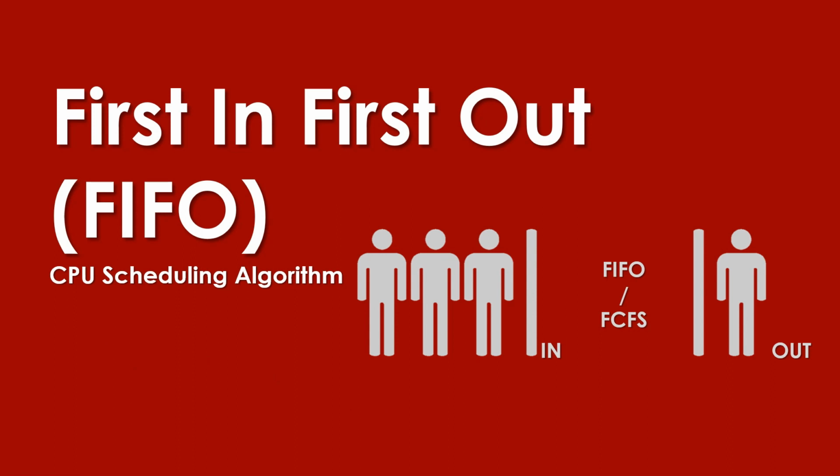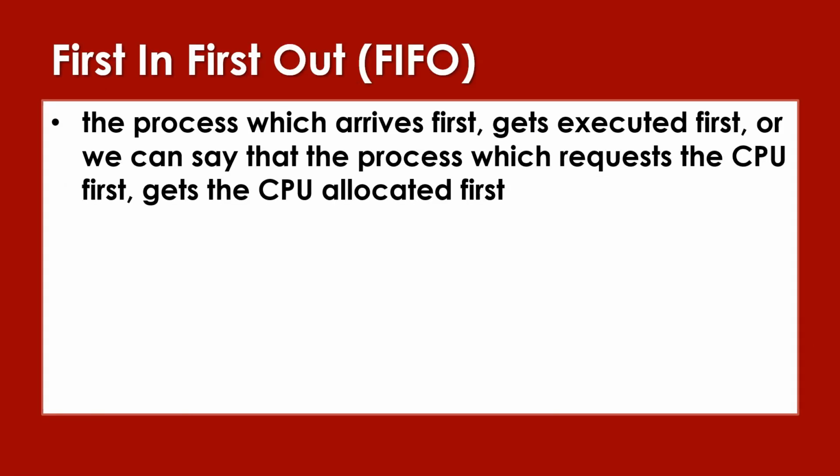Okay, so here, we're going to discuss the first example or the first CPU scheduling. That is the first in, first out, or first come, first serve. Okay? So what is first in, first out? The process which arrives first gets executed first. Or we can say that the process which requests the CPU first gets the CPU allocation first. So, parang pupunta ka lang sa isang restaurant at kung ikaw yung nauna sa pila, of course, ikaw yung una